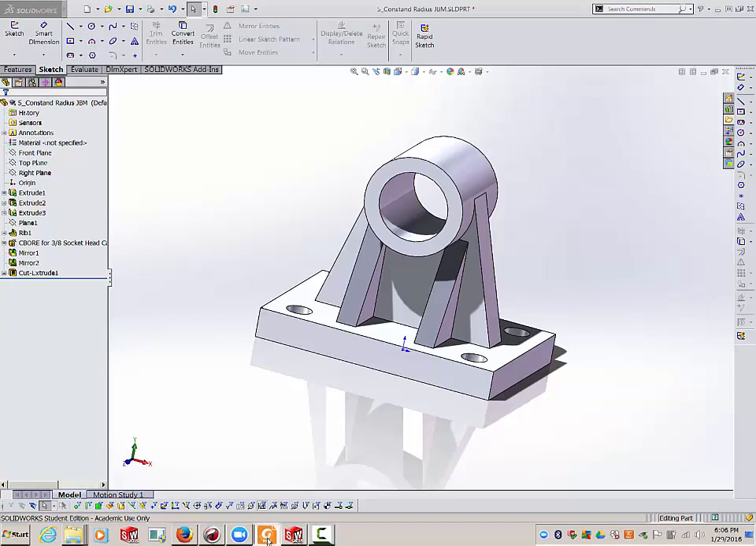Okay, we're going to talk about constant radius fillets and take a look at some of the options we have here. With a constant radius fillet, we can do what's called a multiple radius fillet. In other words, I could have one feature that has multiple radii in there. So for instance, this